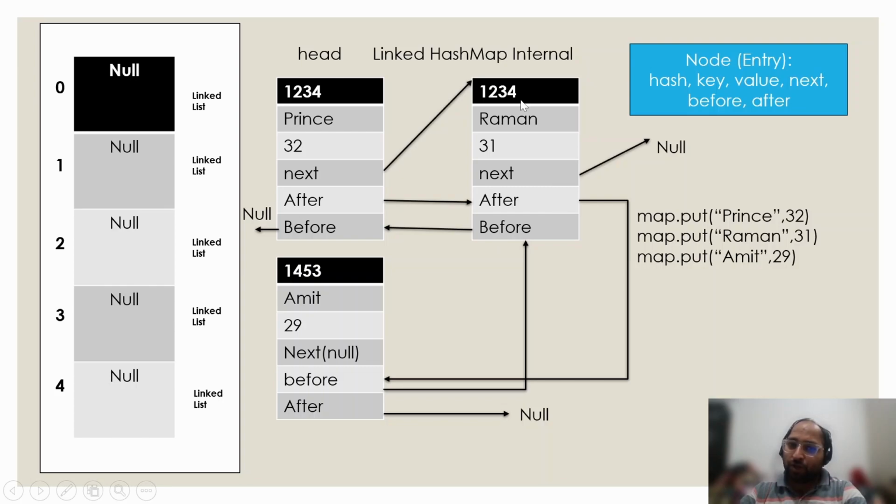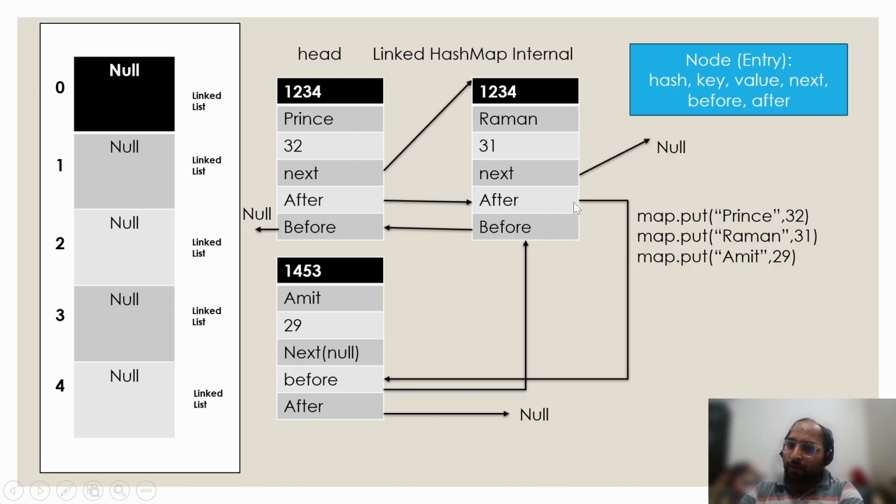Now here is the turning point. What will happen now? Because we got the same hash code, the same index is calculated, keys are compared, keys are different, and a new node is added. Now the previous node's next pointer will point to this node, and the previous node's after pointer will also point to this particular node, and the new node's before pointer will start pointing to the previous one. So using these before and after pointers, they are keeping track of the before and after nodes, right?